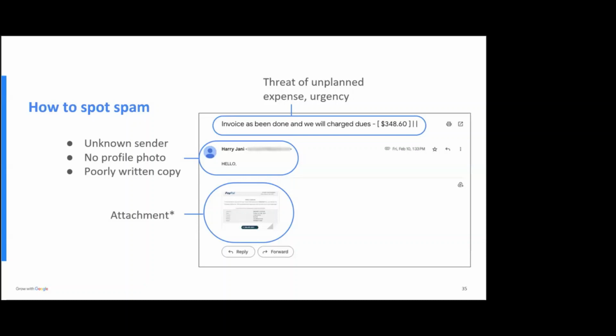But again, there are warning signs that can help you make a decision. Unfortunately, each of these signs does not necessarily indicate that something is spam. There's nothing 100%, but it's a combination of signals that will help tip you off. First of all, this is the big one, and this is my first way I go to when I'm trying to figure out if something is spam or not: do you recognize who sent you this email? Check the name. Does it match the email address you expect? If the displayed name is your well-known financial institution, but the email address is givemeyourmoney12345@gmail.com,